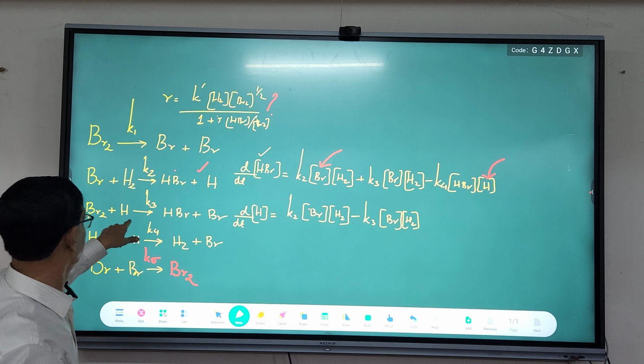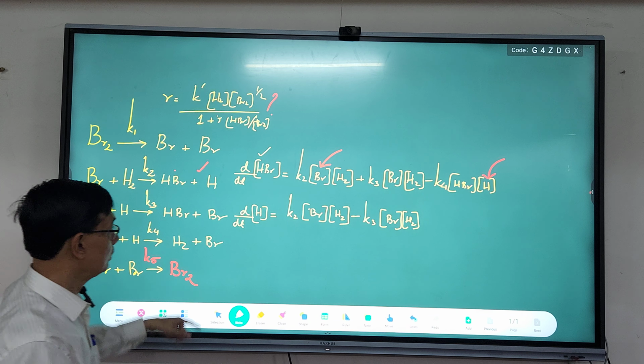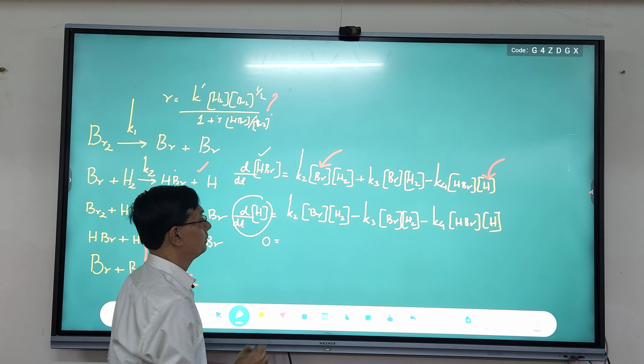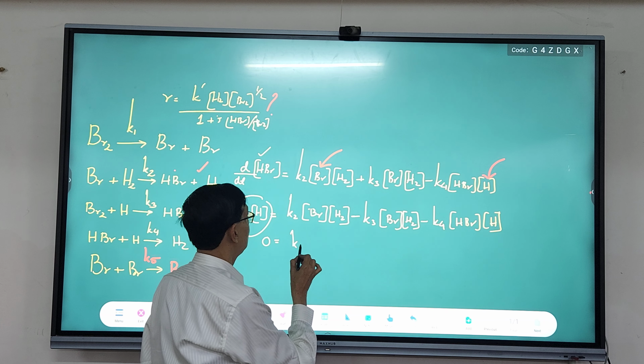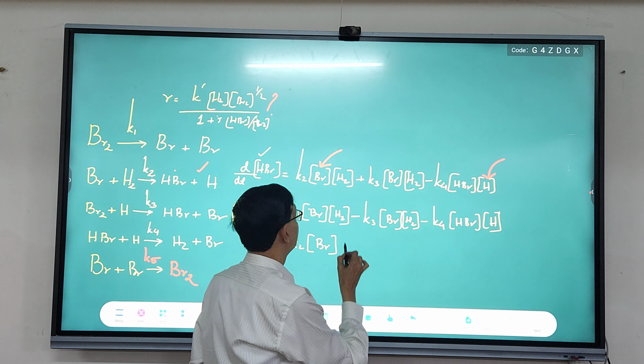Then again it is consumed, so minus k4 [HBr][H]. So applying the steady state approximation, d[H]/dt equal to 0, I can write k2 [Br][H2] is equal to